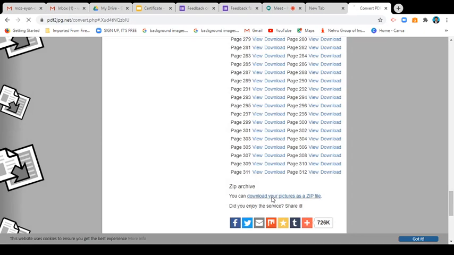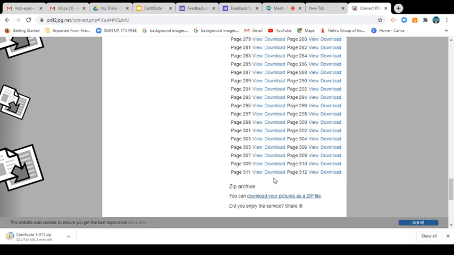You can download in zip file format. If you click, the entire 312 individual image files download in a zip file format, you can extract it into a particular folder, and then you can open the individual file name and check it with your Excel sheet to see how the file names are ordered. Like that you can send the Excel sheet along with that zip folder or along with that drive link. So the participant can know which one is my serial number, and that file name will be their certificate, they can easily download.